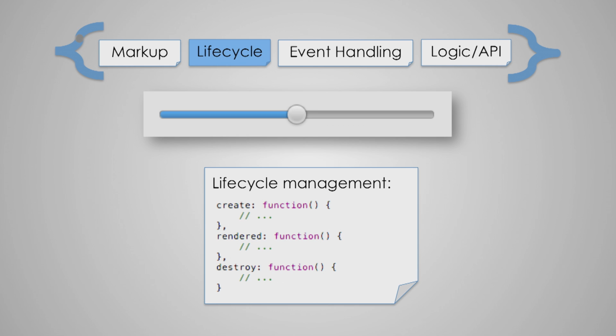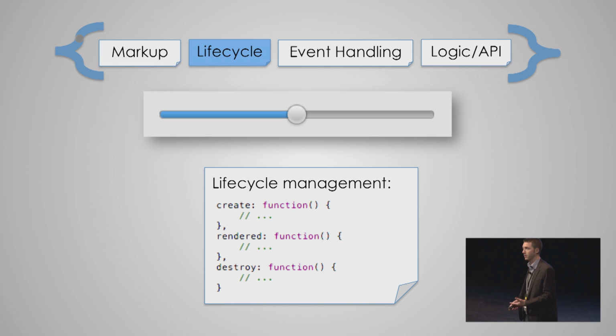Now let's think of the lifecycle management that we might need to do for this slider. The slider is pretty simple, but when we initialize it, we might want to give it an initial value of the position that's passed in on the constructor. That would be something that would need to be handled specifically for this component in its create and render lifecycle functions.